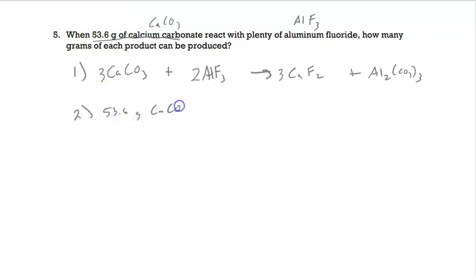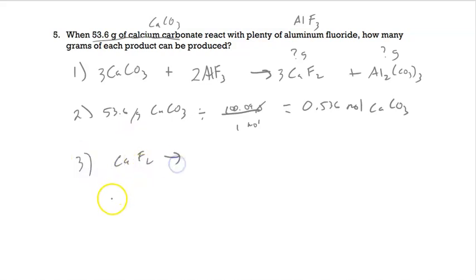grams CaCO3, divided by the molar mass of calcium carbonate, which is 100.09 grams per 1 mole. Oops. And that's going to give me 0.536 moles CaCO3. All right. We want to know how many grams, so question mark grams here, question mark grams there. Step 3,